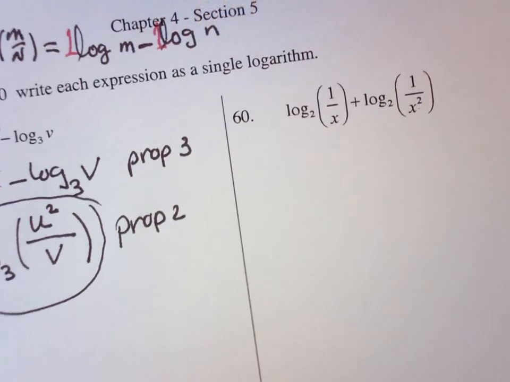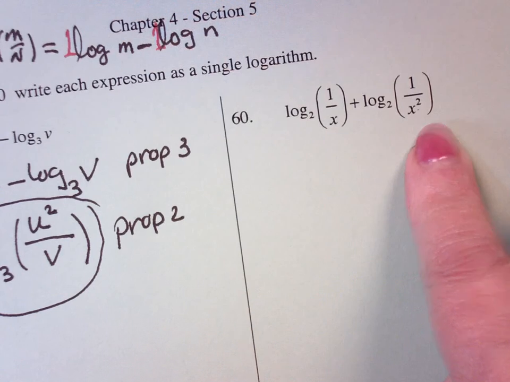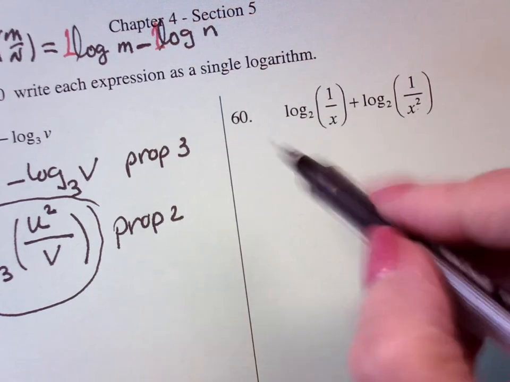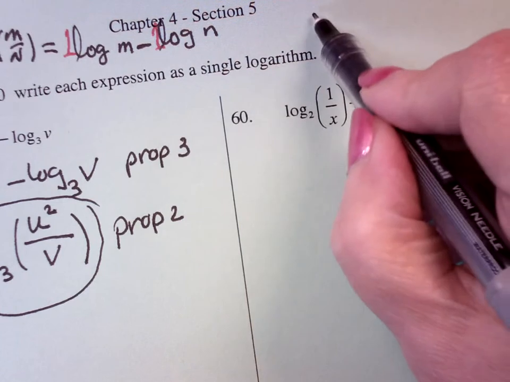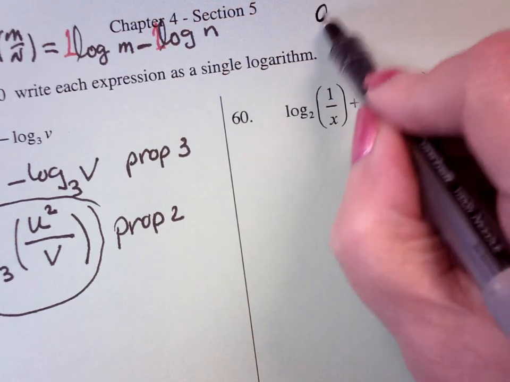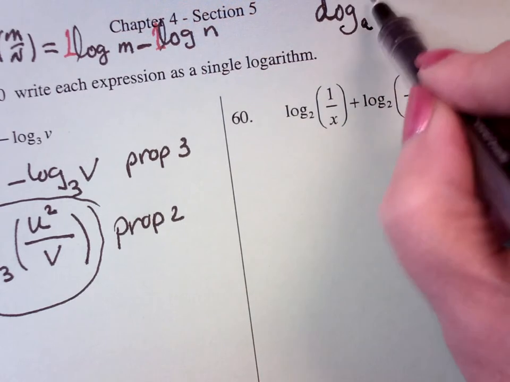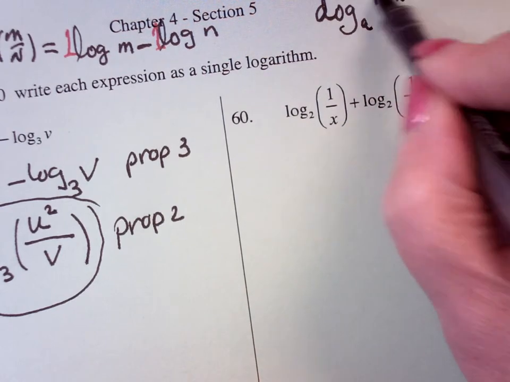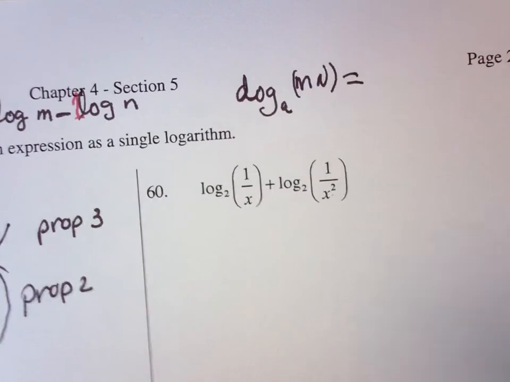Now that's a product, a sum, and a sum turns into a product. So now we're using the one that says that a to the log base a of a product turns into the sum